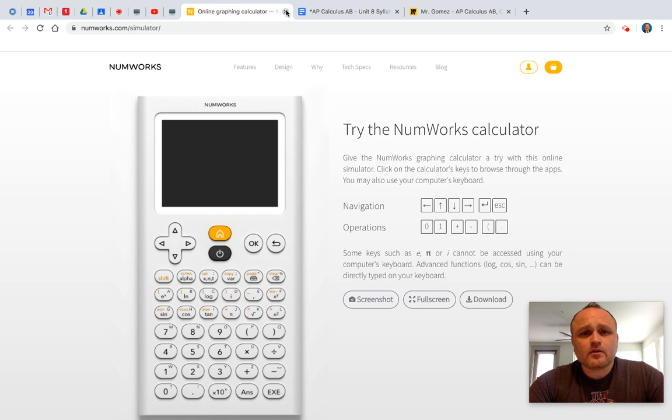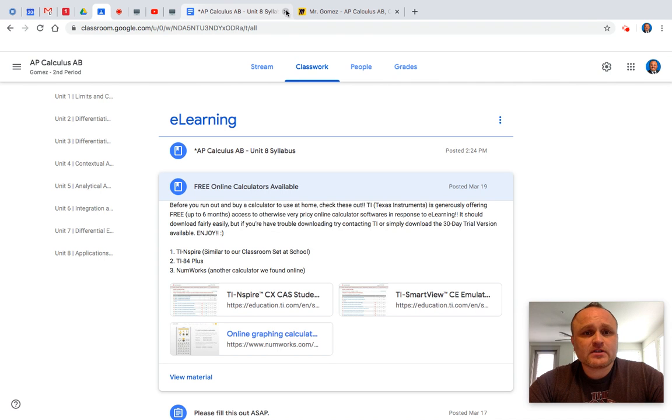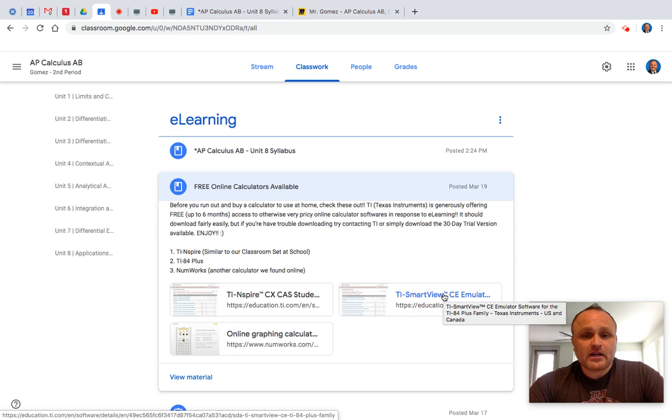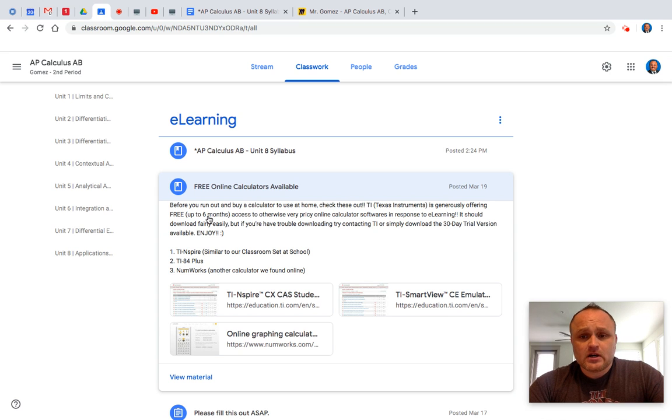And yes, you guys know of a bunch of calculator apps and other things, because I see you even using them all the time on your Chromebooks or whatnot. Use whatever you can, but I would suggest the ones that you're most comfortable with, the ones that you are most commonly using, which are these Inspires and the TI-84s. Right now, I think they're even offering up to 6 months for these trial versions, if you will. So use it, okay?